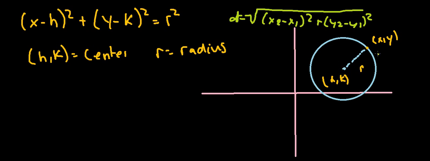So if I put this into my distance formula, because what I'm looking for is the radius in relation to all these points, let's put it in the equation. My distance in this case is going to be r. So I'm looking for a radius r that is equal to